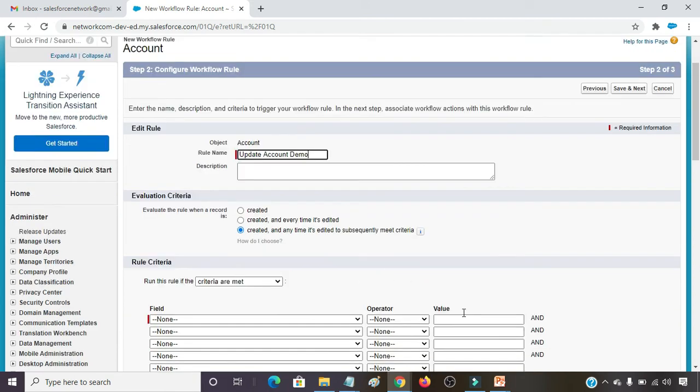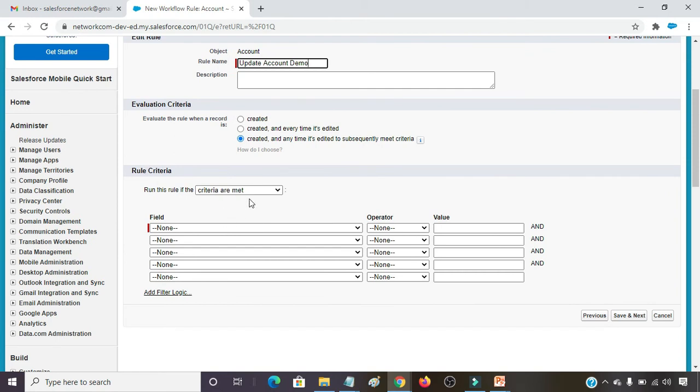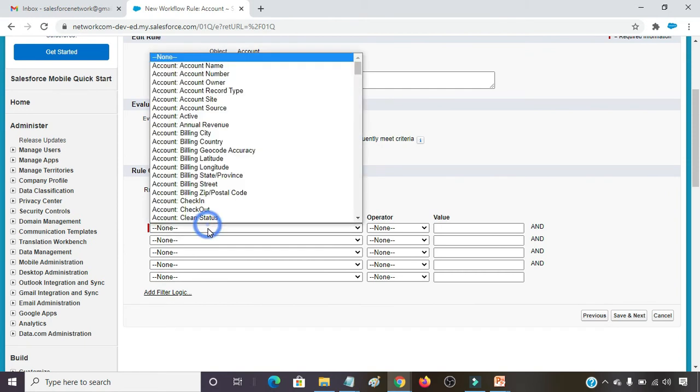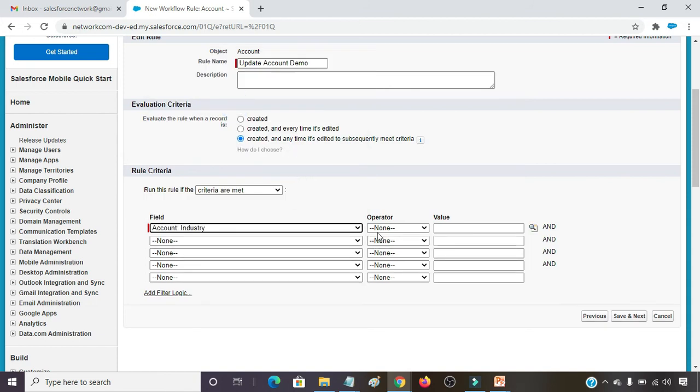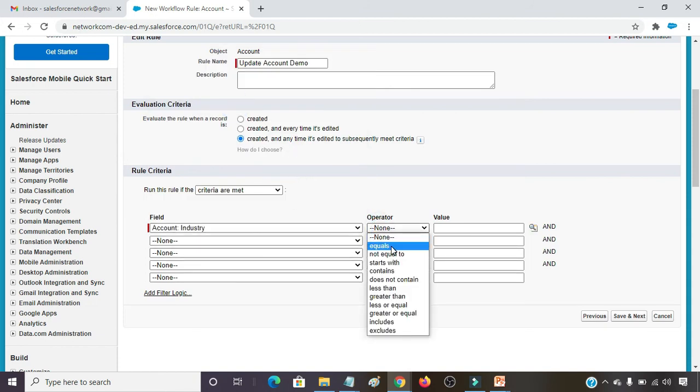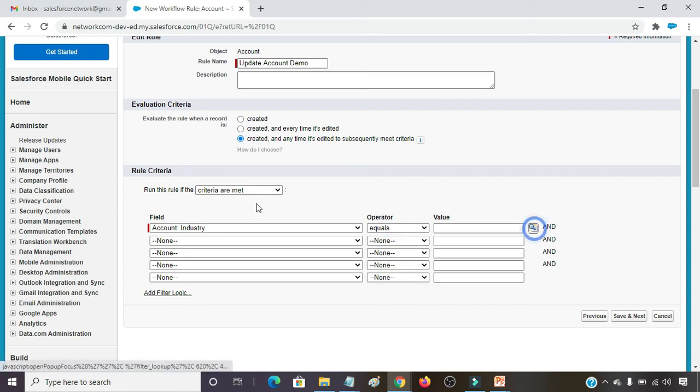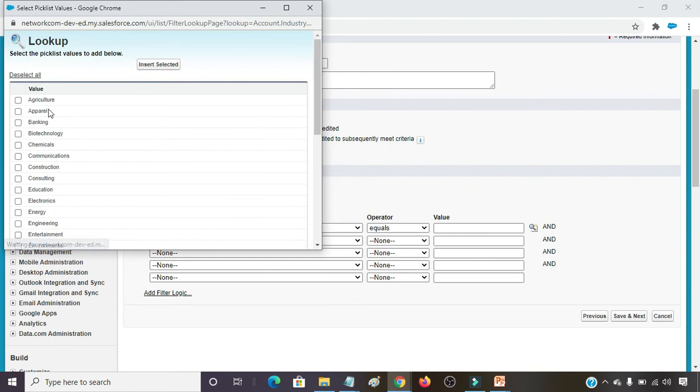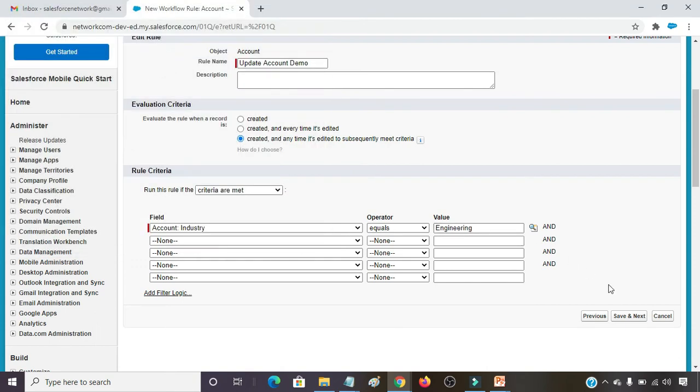Rule criteria: field Industry, Account Industry, equals to Engineering. Then click on Save and Next.